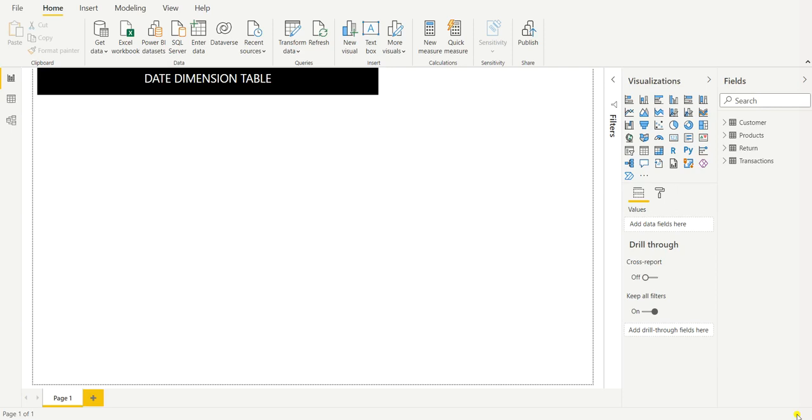So today we will discuss the date dimension table. What is a date dimension table and why is it important? So let's get started. A date dimension table is important because in our report we have a limited number of days